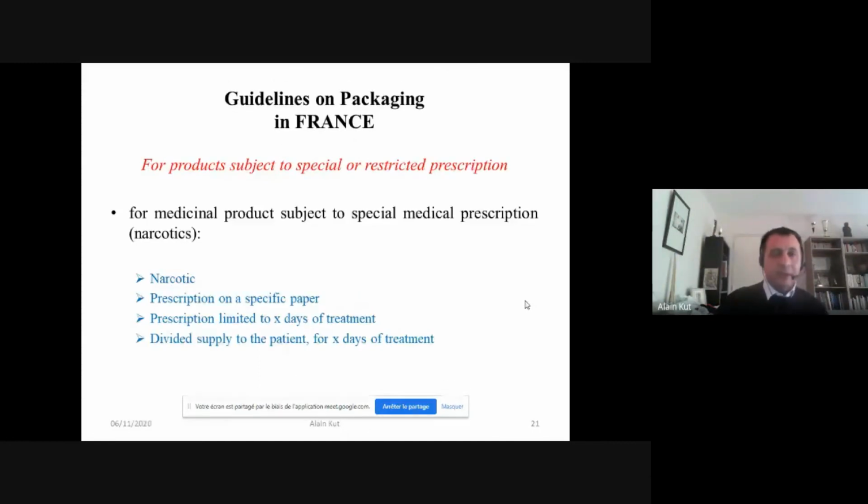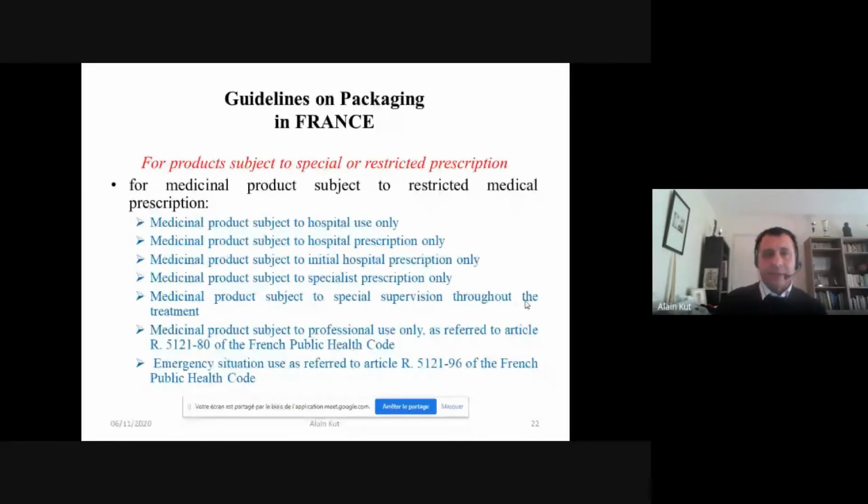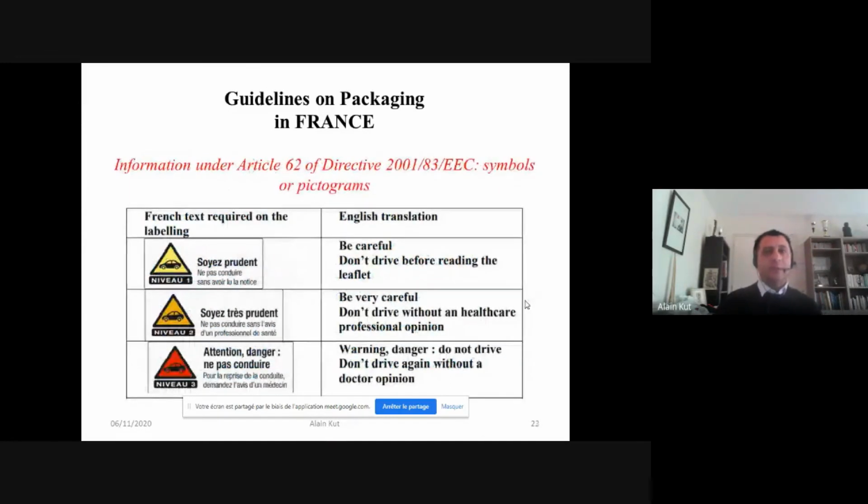We can also mention some information regarding narcotic products, and some restrictions about hospital use, hospital prescription, or initial hospital prescription, or specialist prescription only, and so on. Some symbols and pictograms